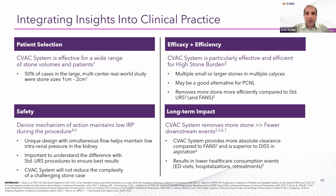I think the data would show too that it removes more stone efficiently compared to standard ureteroscopy, and also for larger stones compared to FANS as well. And I think we know that the better a job at stone removal you can do now translates into a better outcome for the patient. Less postoperative pain perhaps, but also less ER visits in general, less retreatment rates. So I think combining all these things makes it a really nice tool to have in our armamentarium for stone